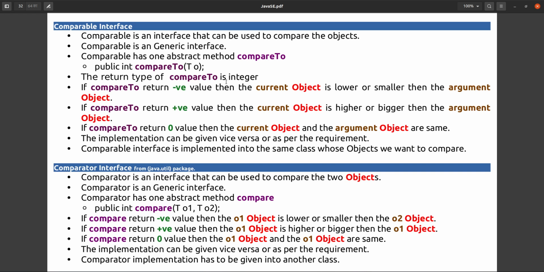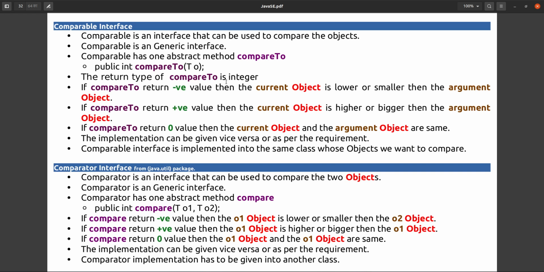But I want comparison. I want to know which one is higher and which one is lower. By the equals method we will come to know only that the persons are not equal. They have a different size, but which one is higher, which one is lower, which one is bigger, which one is smaller, that data we don't have. So to get that data we need to compare them.